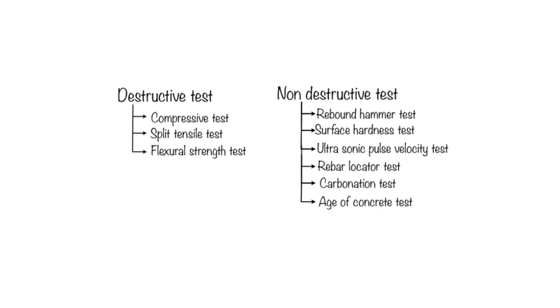Apart from this, we have the non-destructive tests like rebound hammer test, surface hardness test, ultrasonic pulse velocity test, rebar locator test. These are the other NDT tests used to determine the properties of hardened concrete. Non-destructive tests have been used in the last 4 decades. In this period, the development has taken place to such an extent that it is now considered a powerful method for evaluating existing concrete structures with regard to strength and durability,